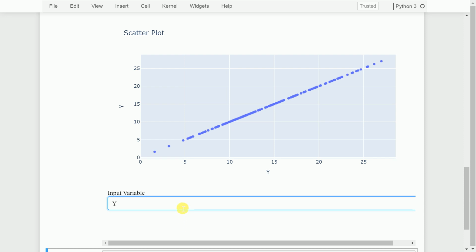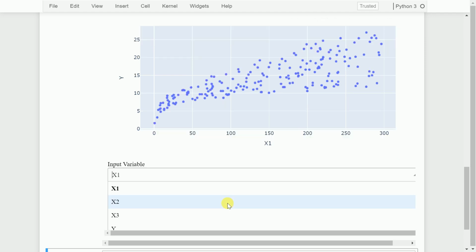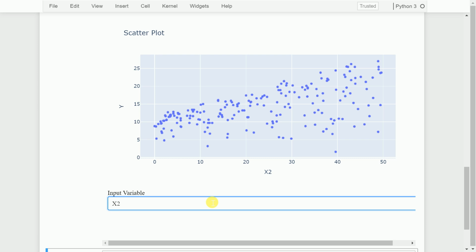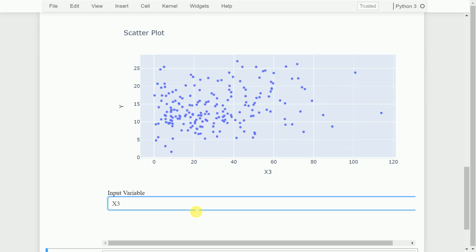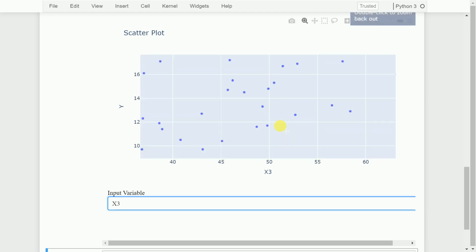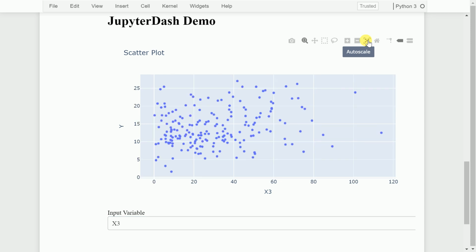Now if I go through this graph, essentially x1 is directly correlated to y. You can see a linear trend which is very obvious from the graph. With x2 it's there, but it's a bit scattered as well, not as good as how x1 was related to y. When I come to x3, it's basically noise. There's no direct relationship that I can see between x3 and y. You also have the ability of zooming in. So essentially I can zoom into this piece of data as well. I can always auto scale and go back to the normal level.